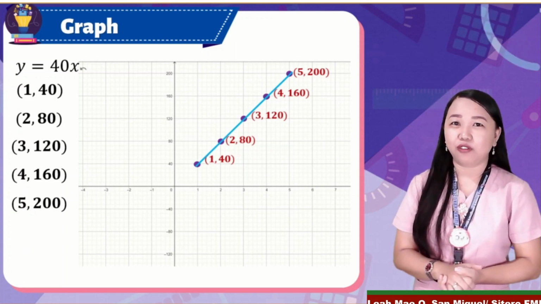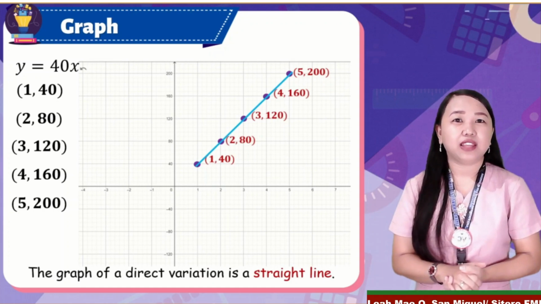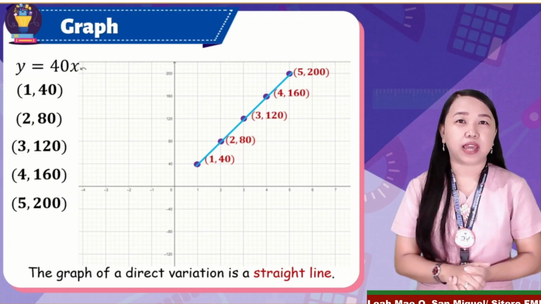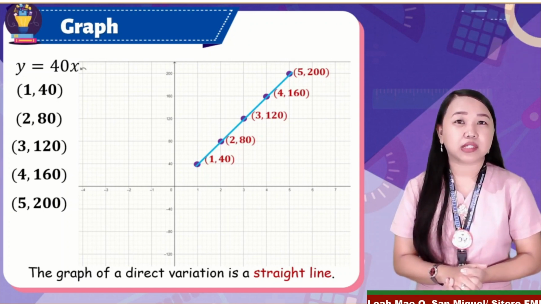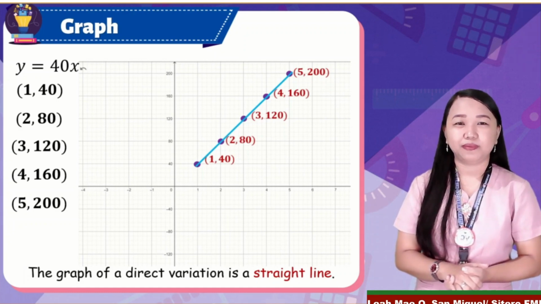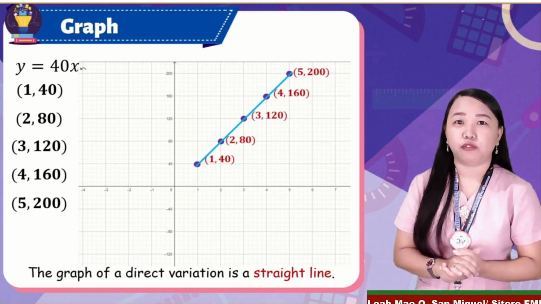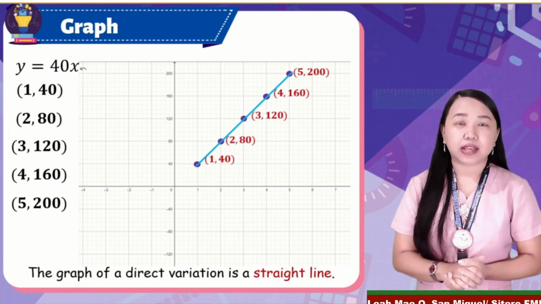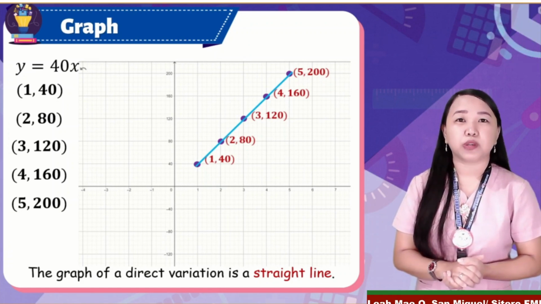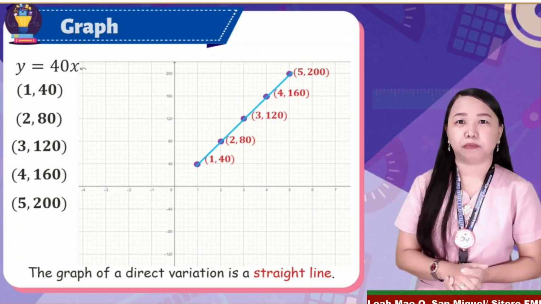Exactly! We have a straight line like the graph of a linear equation, and it rises from left to right. So, this means that the graph of our given table of values is increasing. In the given table of values and graph, x and y can't be negative because of the presented situation earlier.